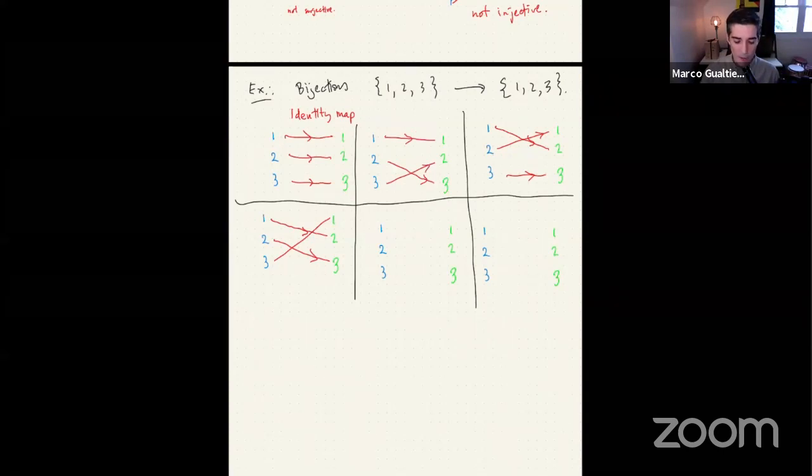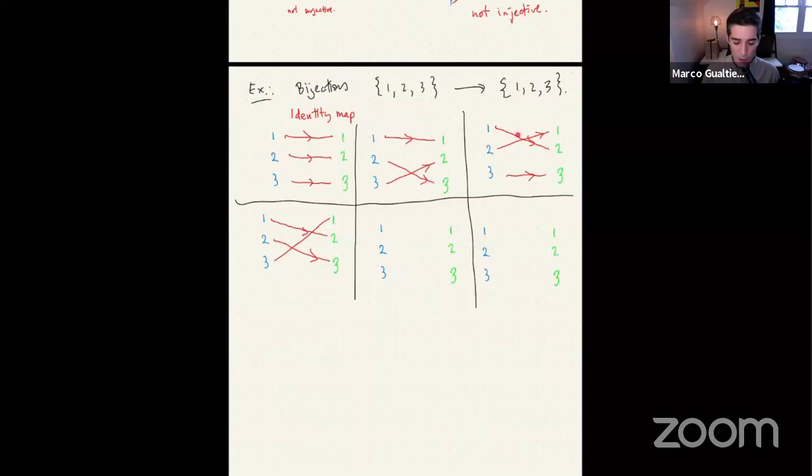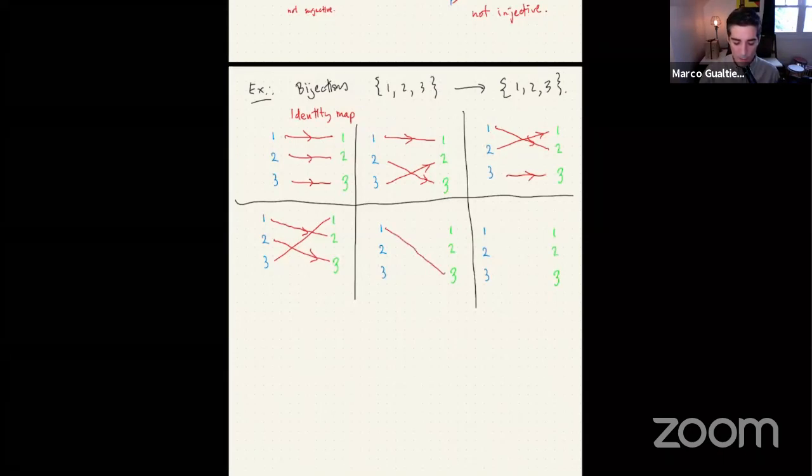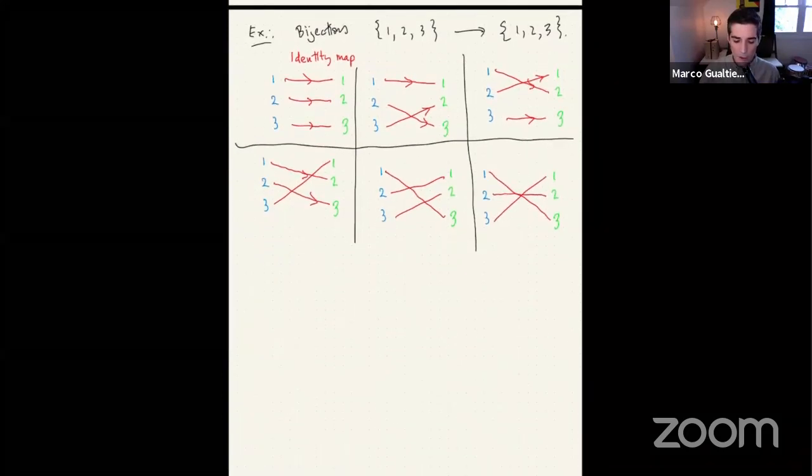Now, assuming that we've gotten all those, the other possibility is that 1 could be sent to 2, and in that case, 2 could be sent to 1 or to 3, and those are those two possibilities. And finally, 1 could have been sent to 3 instead, and then 2 to 1 and 3 to 2, or 1 could be sent to 3, 2 could be sent to 2, and 3 could be sent to 1. So these are the 6 possible